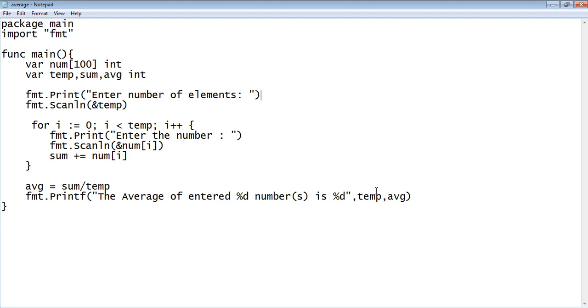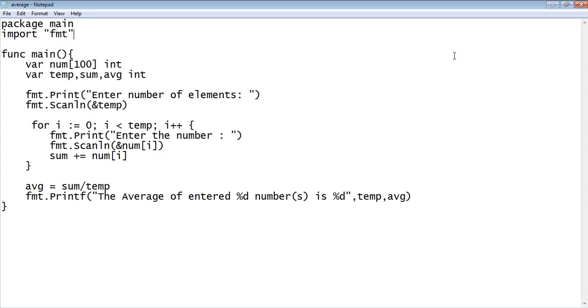So in the first video we have seen how you can install this particular software, and we have also seen how to make a basic output statement by the program Hello World. And in this program I'm going to just give you a basic insight of how you can get variables and how you can print them, and by using for loop as well.